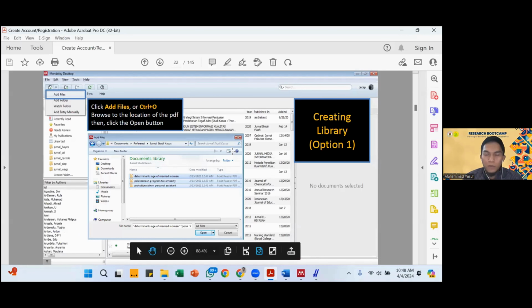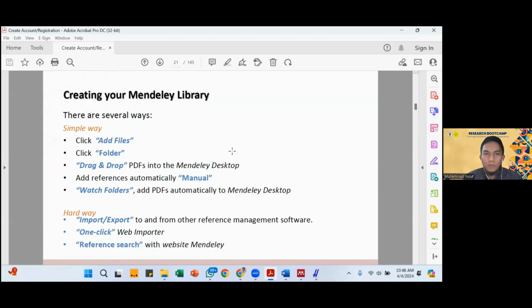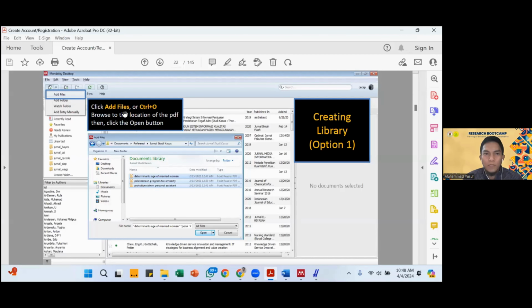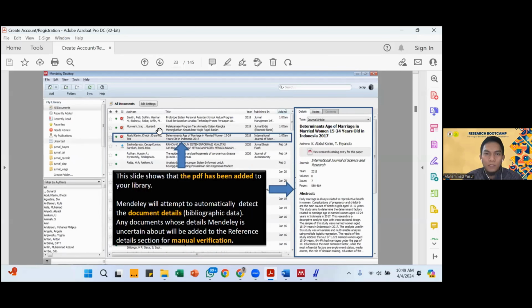From the easy, simple way, you can click add files or Control O, and then browse the location of the PDF, then click the open button. This is if you choose the simple way. This slide shows that the file is added to your library, the PDF.